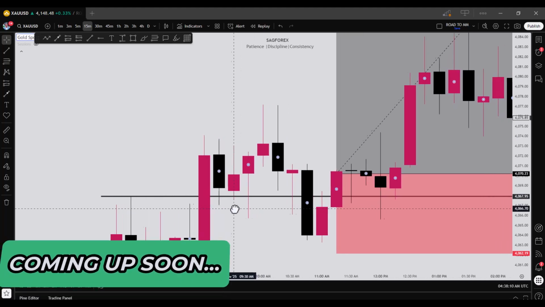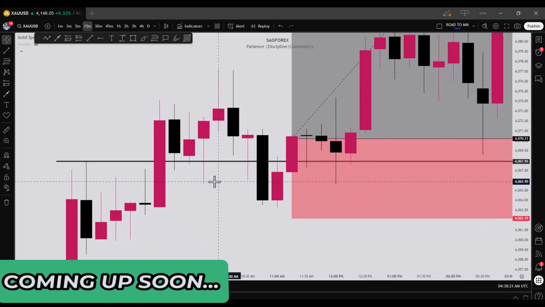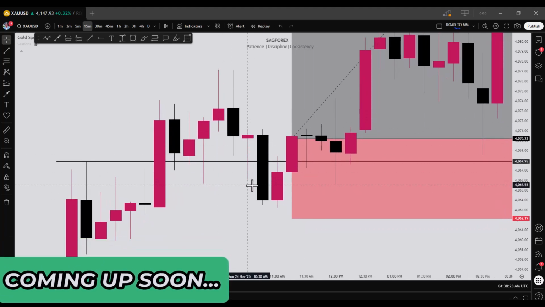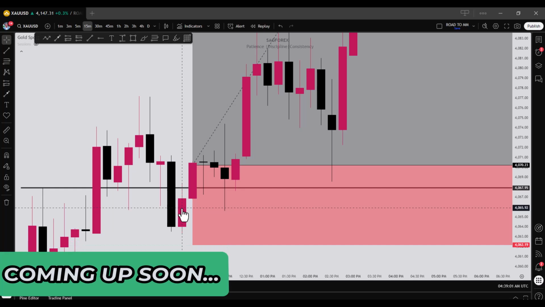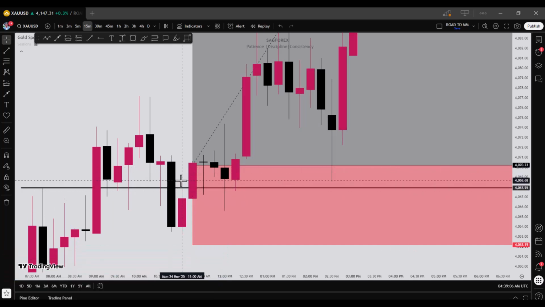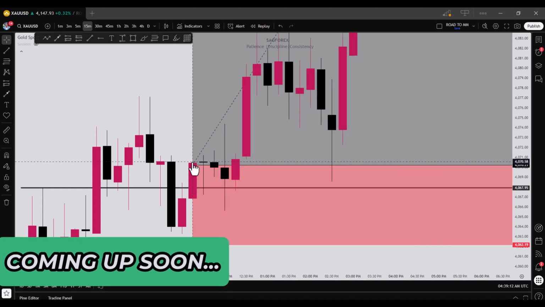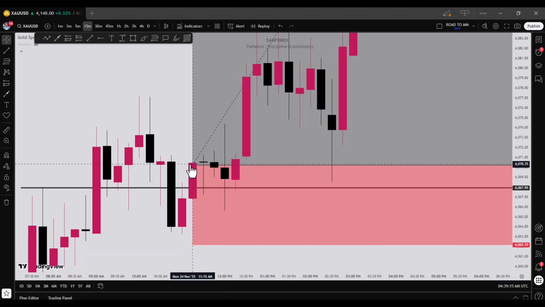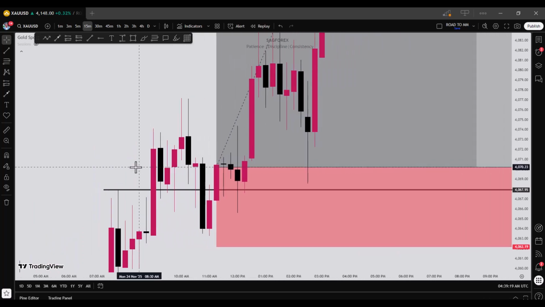What did we see happening? Price broke above it, and like we expected, price fell below it again. That is the correction we were expecting to happen. And once that happened, we could see price push back above it again. So you could see the exact place I entered the trade was the closure of this particular candle. Once it closed right above, it gave an indication or a sign that